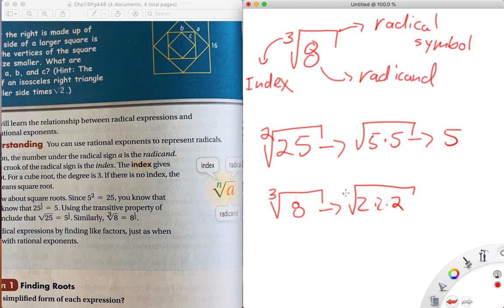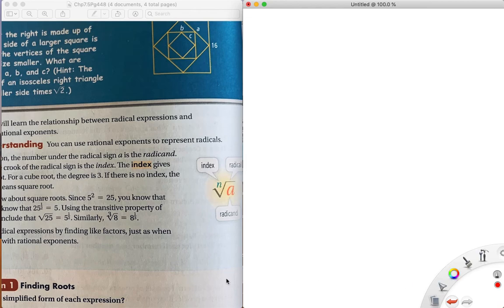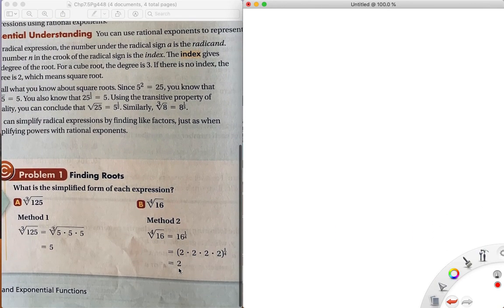So in this case, the cube root would be 2 because I multiplied 2 three times. Here the square root would be 5 because I multiplied it twice, and there's 4, 5, 6, 7, 8. Can be as many numbers as needed for the root. So down here,